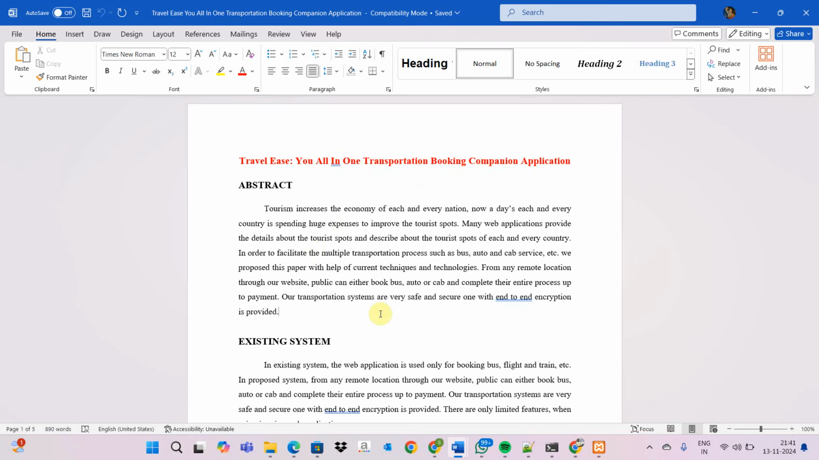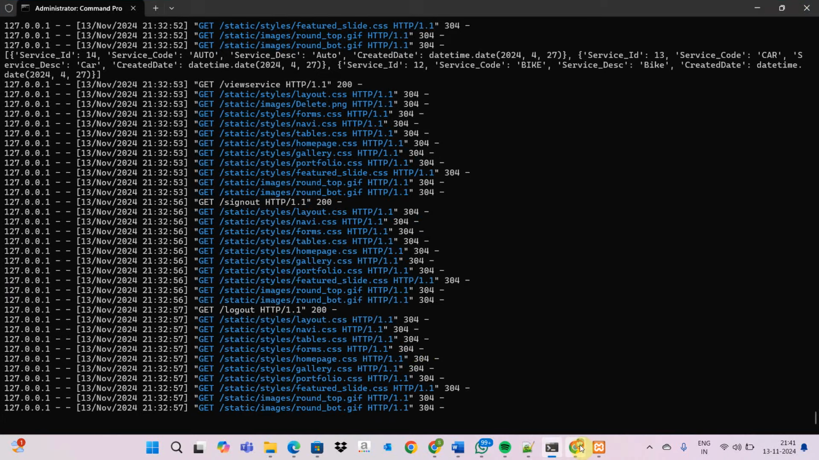Like auto, bus, car, which are auto configurable depending upon that. It will be driving the auto, cab, and other transportation which can be auto configurable. We are going to see that project. Now we can go to the